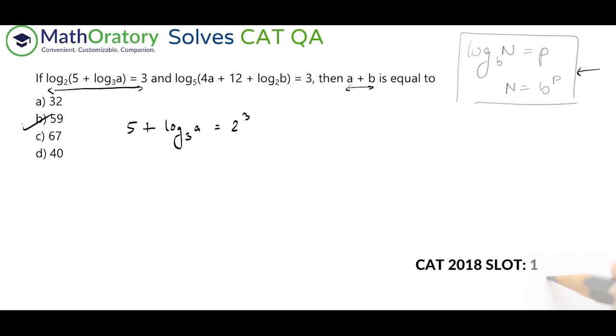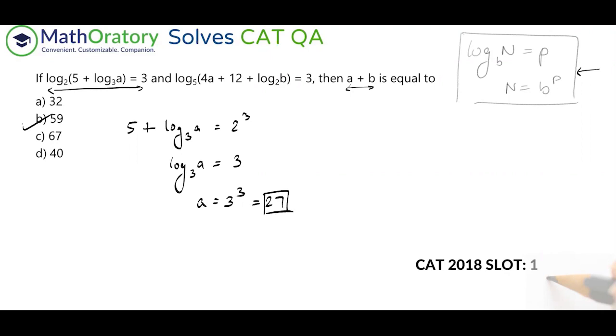So this is 8. This part I hope you can do mentally. Just cancel 5 from both sides. So you have log A base 3 as 8 minus 5, so that is 3. Again, apply this thing because you have another log here. So again, this is direct. I hope you can see it from here itself. So we have A is equal to 3 to the power 3. When I say 3 to the power 3, it is this 3 raised to this 3. It's the same, but always understand that, and don't take it the other way around. So A is equal to 3 cube, which is 27. So A is figured out, right?